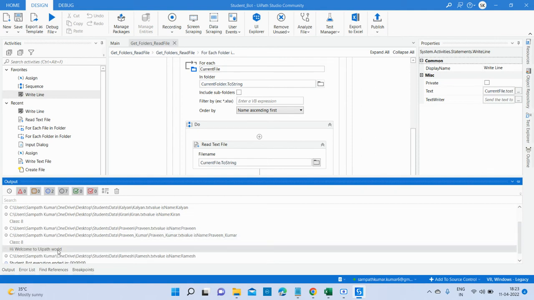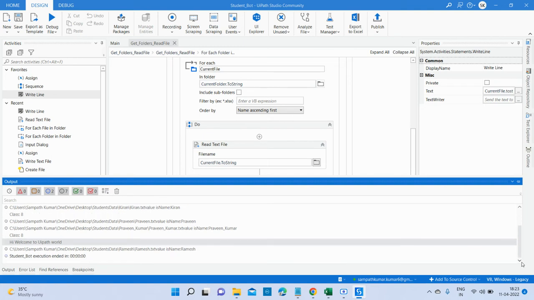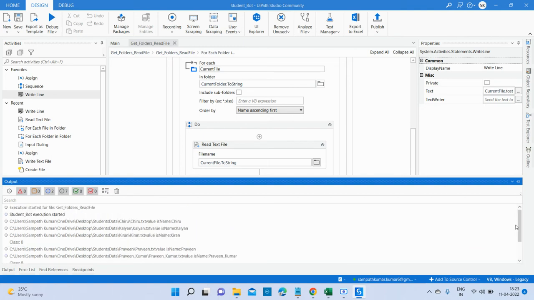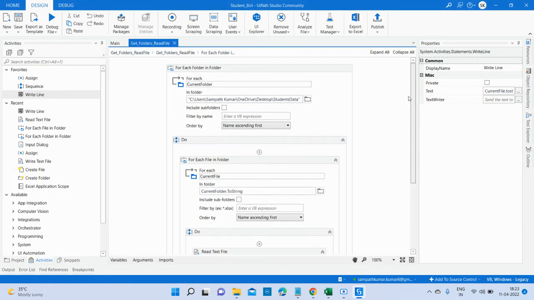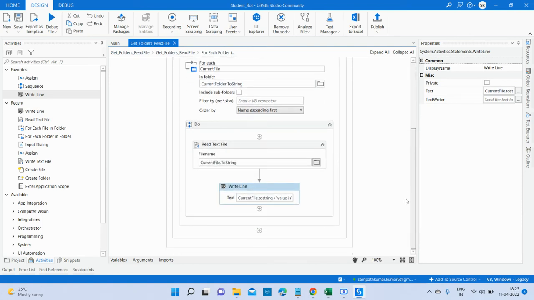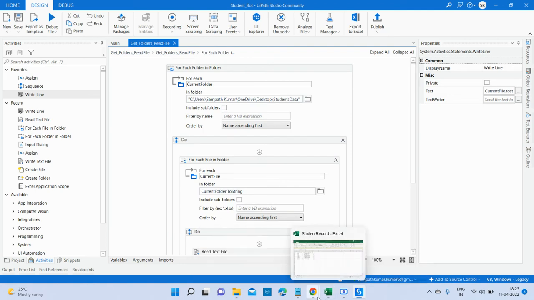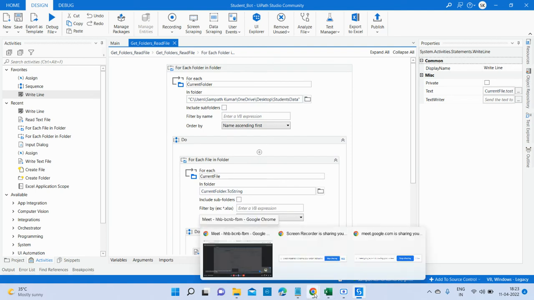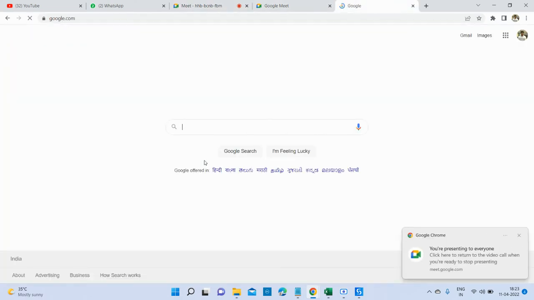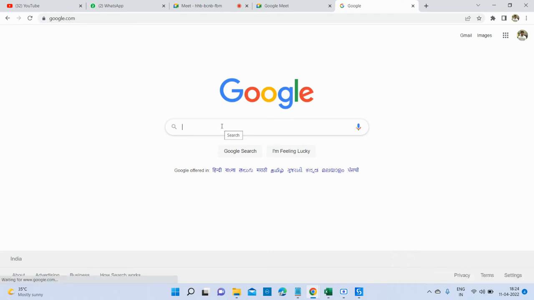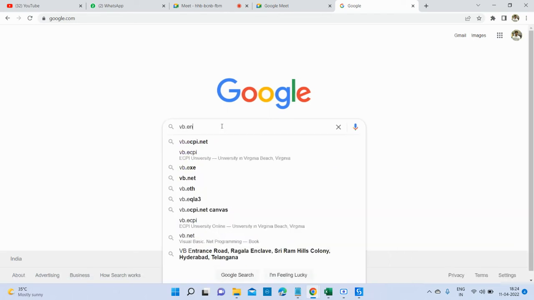Okay, so like this we can do simple automation without knowing any coding language, without having programming knowledge. You can do this activity in a very easy way. For this you don't need to write any program, but the same thing, if you wanted to do it on the programming side, is very hard to write. Let's say in VB.NET only. So what we have done in this VB.NET